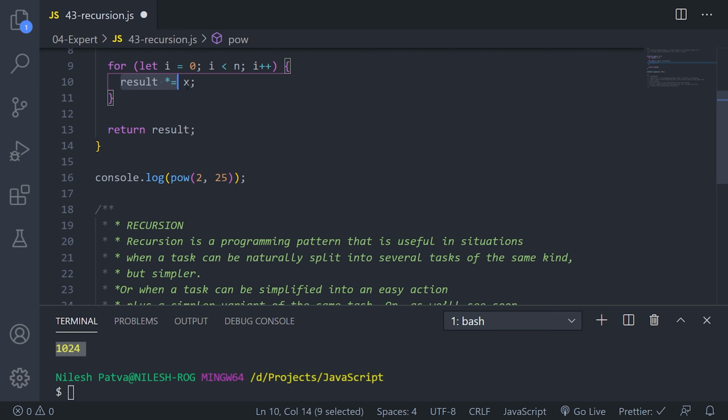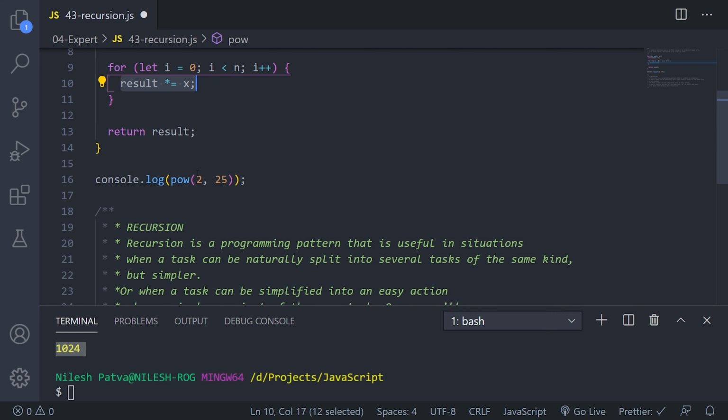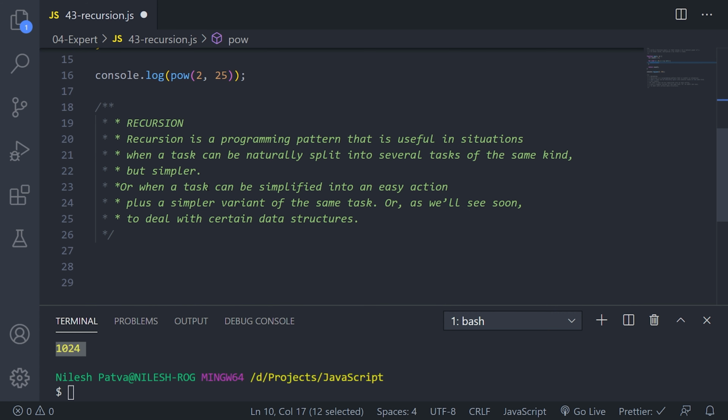Here we are actually doing the same kind of task. We are multiplying x by itself the number of times the user inputs. So that is a task of the same kind. That is why we have used the for loop, and the for loop serves the same purpose, right? To perform a similar task in the same manner.